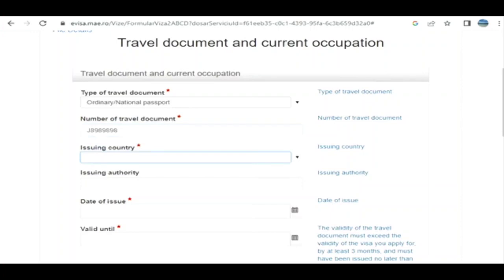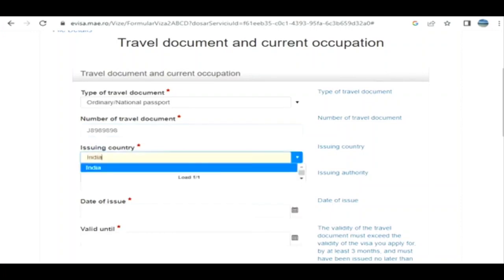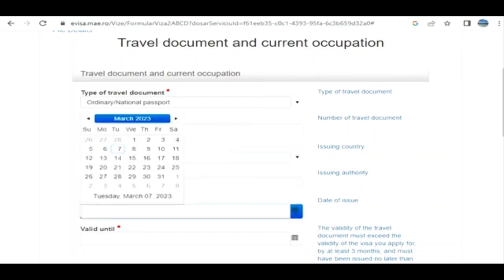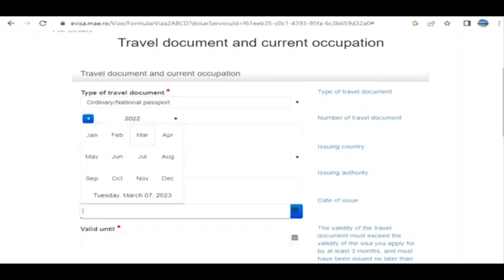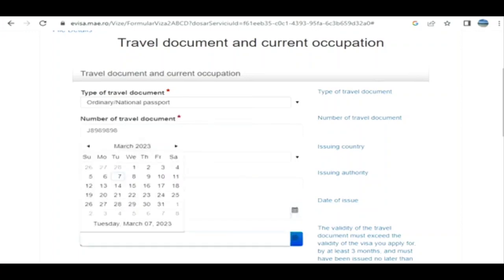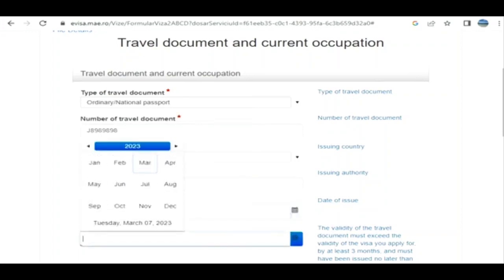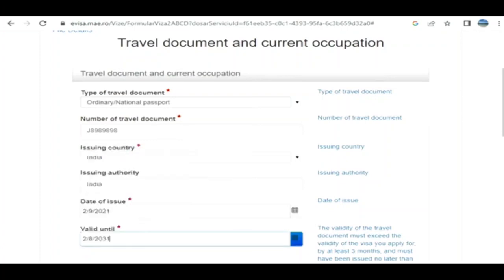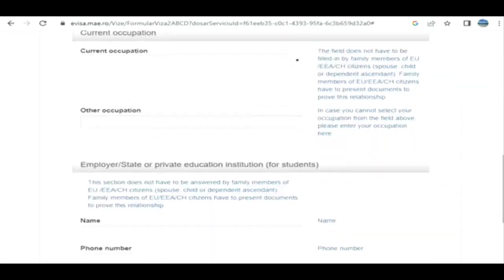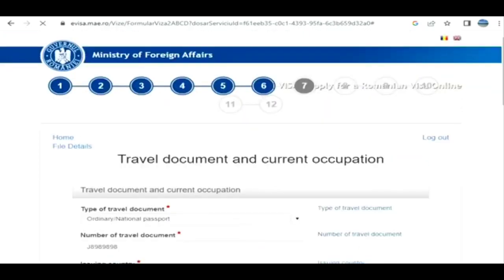These are all samples. This you can find in your passport itself: issuing authority, date of issue, date of expiry. Okay. Typically an Indian passport is valid for 10 years, right? So I click on next. I'm skipping those sections, but